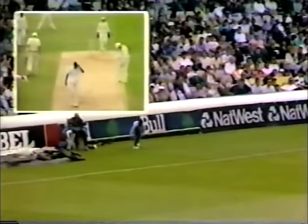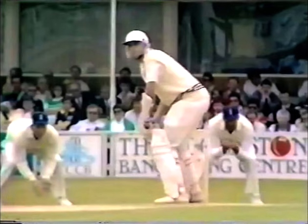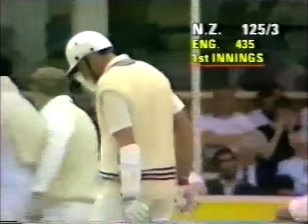Nice shot from Franklin. He's got loads of patience and is basically a defensive player, but when he gets the chance, he can play good strokes like that. Yes, Franklin is not that gifted a player, but he fights on, and he's looked to try and dominate today. He's tried to keep after Eddie Hemmings, the off-spinner, not get too bogged down by him, and he's played pretty